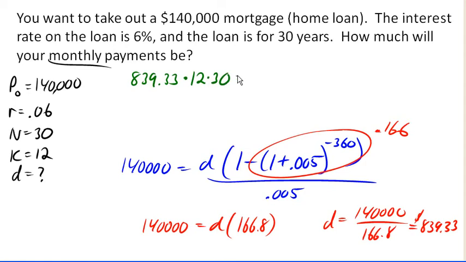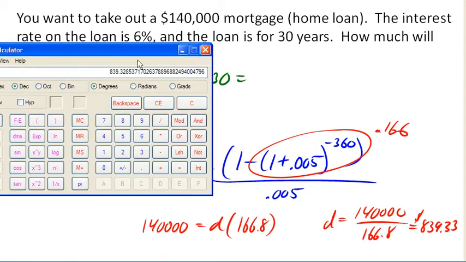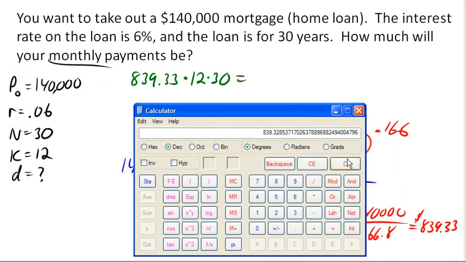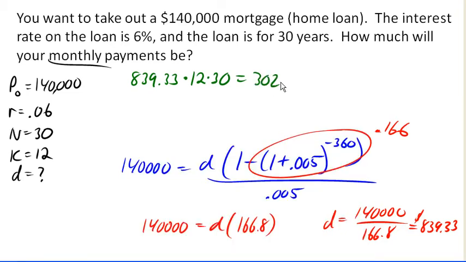So I've got 839.33 times 12 times 30 is 302,158.8, roughly. So over the 30 years, I'm going to pay to the loan company, to the mortgage holder,